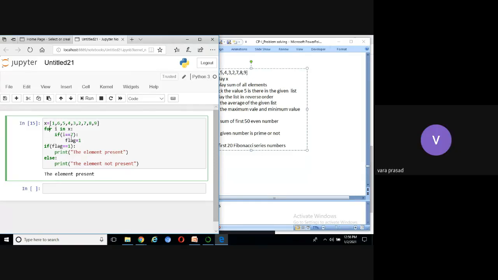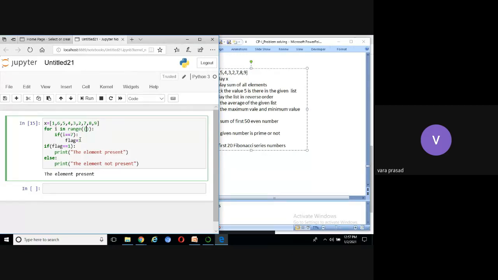Okay, right. See, now you can see here I'm going to write the range function. It will take 3 parameters: the starting value, ending value, and increment value or decrement value. We need to display the elements in the reverse order. That means we need to start with the last index. What is the last index? Using the length function, we can find it here.